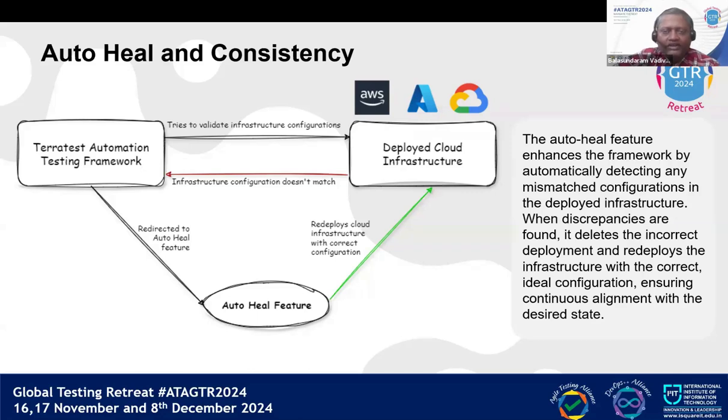And if it is not created correctly, the Terratest code automatically sends a mail to stakeholders, deletes the infrastructure on that particular environment, and automatically creates the right infrastructure with the right requirements as per the customer needs. So this auto heal feature is also enabled while creating the infrastructure on the pipeline.